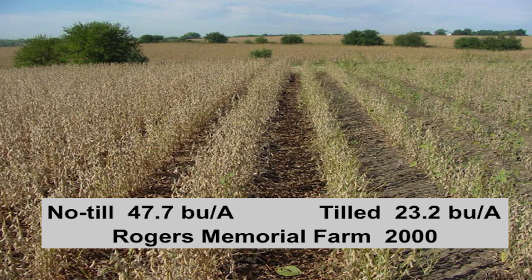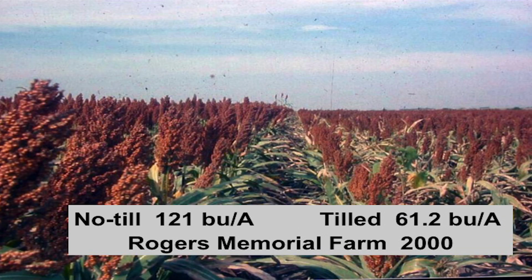Again, that's water that was soaked in, that was stored, a better, more resilient soil. And that's the word I like using as well, making resilient systems out there. Grain sorghum that year, to the row, 61 versus 121. The drought of 2012, there's an Economic Research Service researcher from Washington, D.C., was calling around to